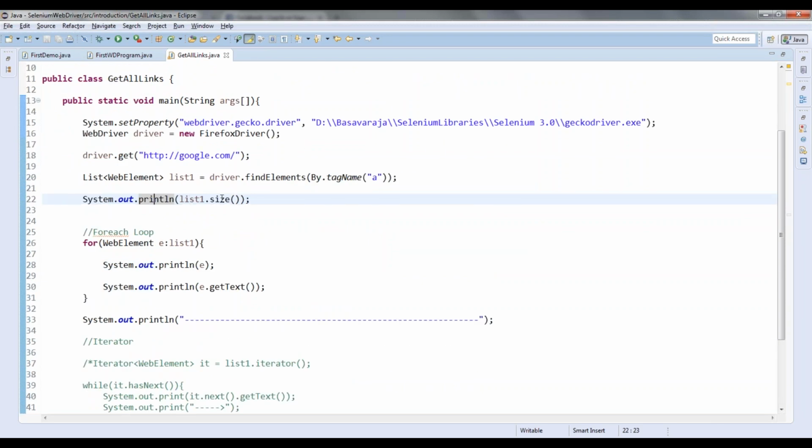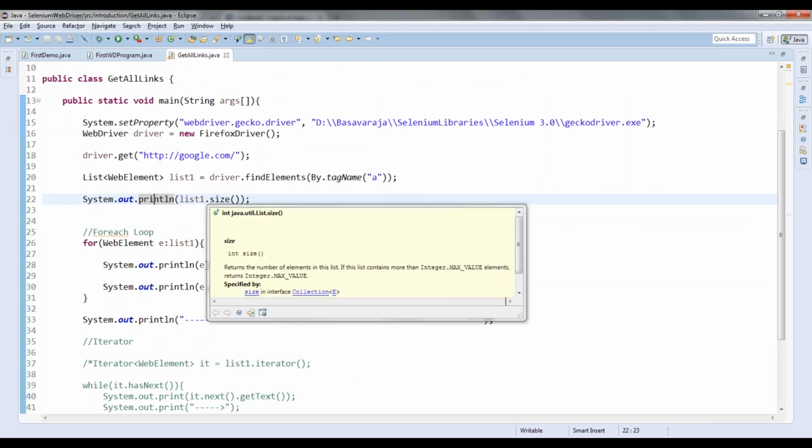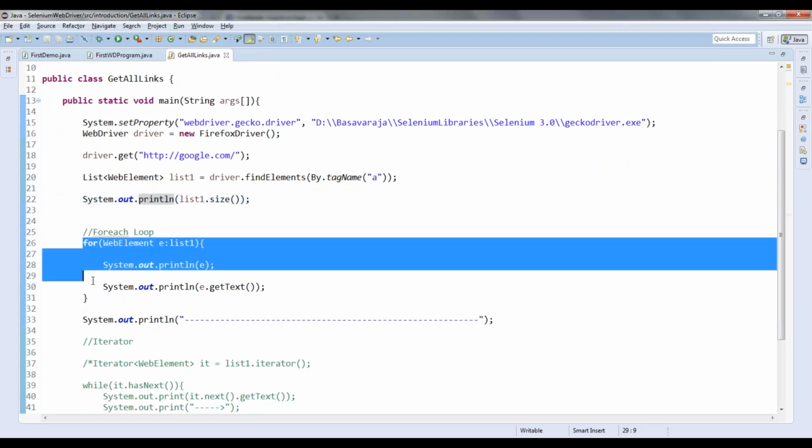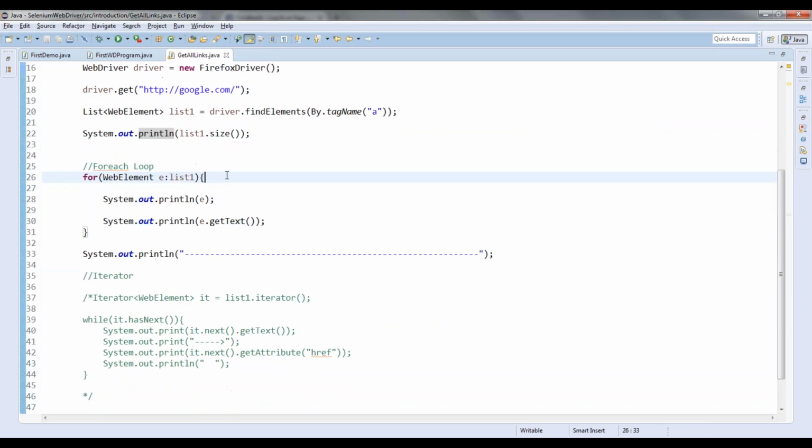You can see here the size. It is returning an integer, the number of elements in the list. You can use either a for-each loop, or a for loop with this size in the condition: i is equal to 0, i is less than list1.size.